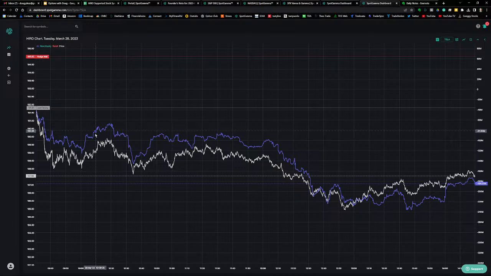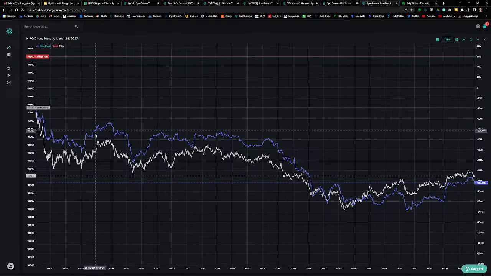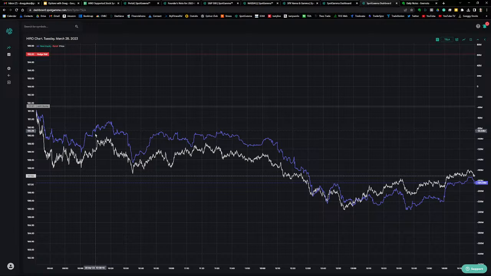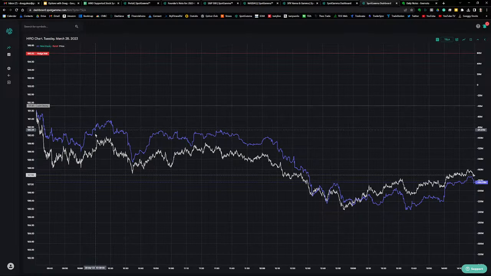There was a question in Discord earlier today, I think around the open, about AMD and Tesla. For AMD I had no conviction. AMD, the hedge wall increased, the call wall decreased, and the put wall increased, and then for Tesla, the call wall decreased. So just based on that, I would say slightly bearish, but in this case, you just have to be watching order flow and hedging flow.